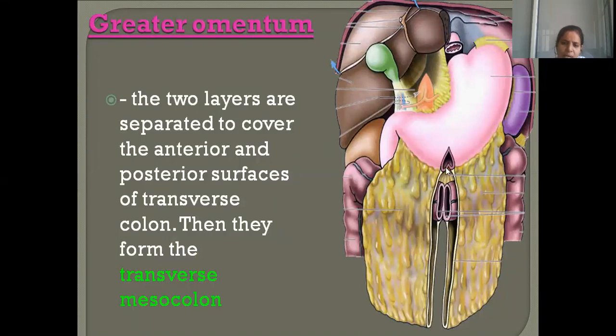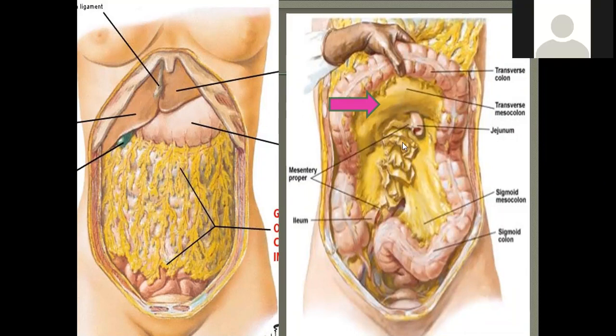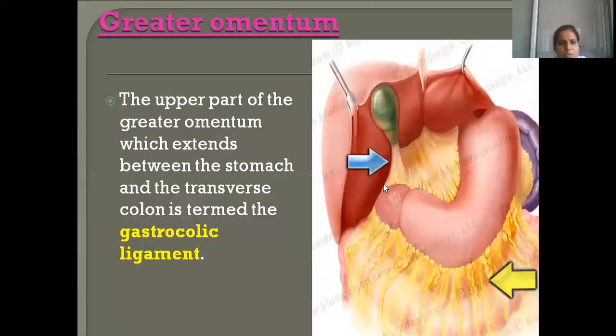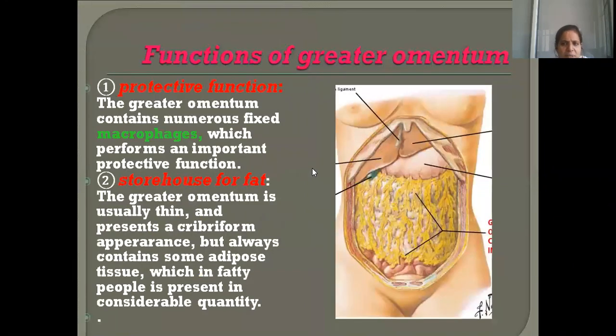transverse colon, continuing its journey as transverse mesocolon. Isn't it? See, this is the first layer, it is hanging on itself, then it comes and it gets attached to the transverse colon, then it continues as transverse mesocolon. Isn't it? The further continuation of peritoneum, what do you call this fan-shaped fold of peritoneum? This is what we are going to discuss today. What is the fold of peritoneum which is suspending the coils of small intestines? Mesentery. Okay, so today we will discuss mesentery because till greater omentum I have discussed in my previous class.